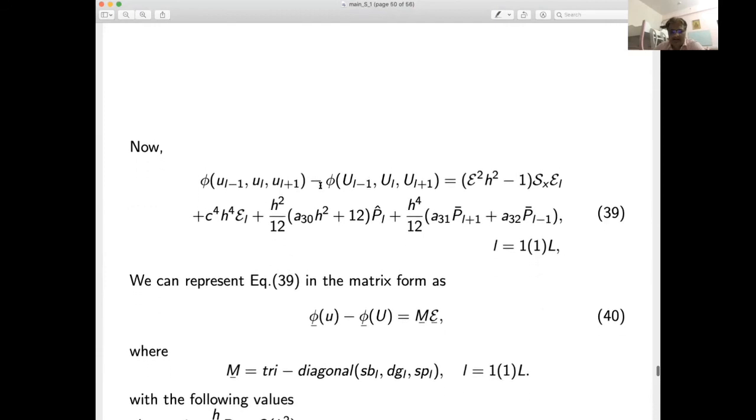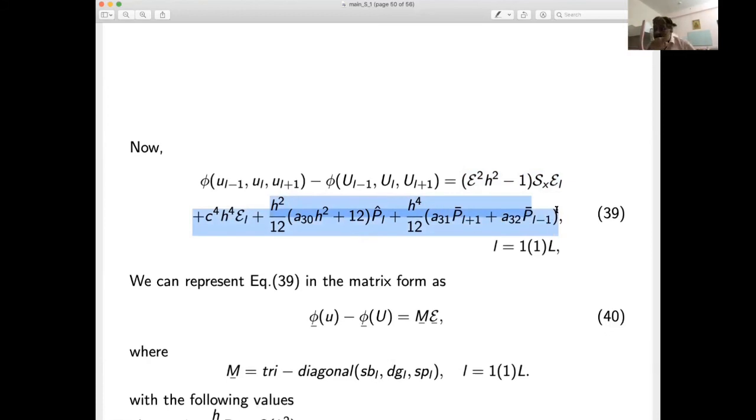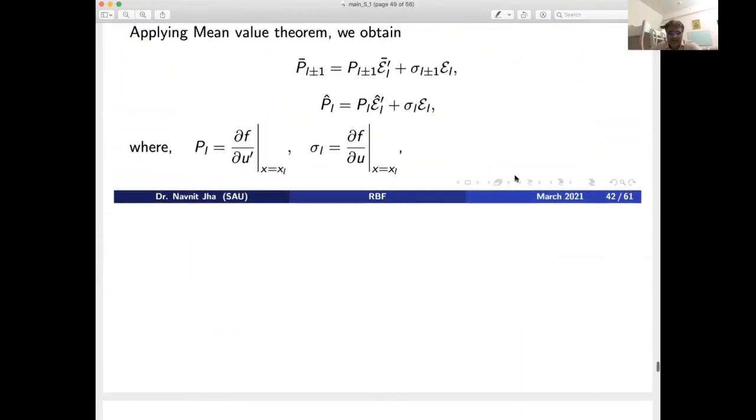Now you incorporate it in this formula. This formula is nothing but your scheme at uppercase u and your scheme at lowercase u. When you subtract here, this will directly come up with epsilon, no problem. But this will also come up with epsilon, because uppercase u minus lowercase u, you will have a problem in this part, because this is a non-linear term. Remaining terms are linear, so that can be directly obtained. This is a non-linear term, so you put the value you have obtained here.